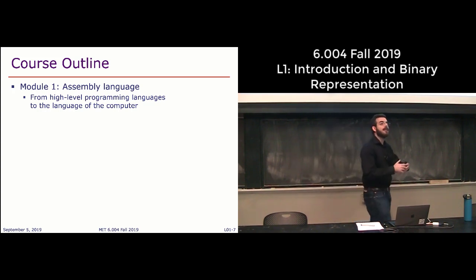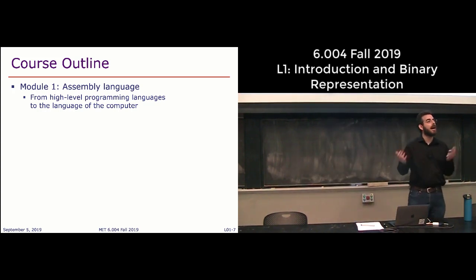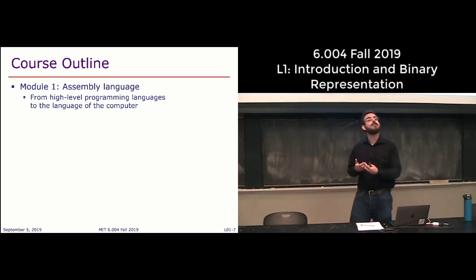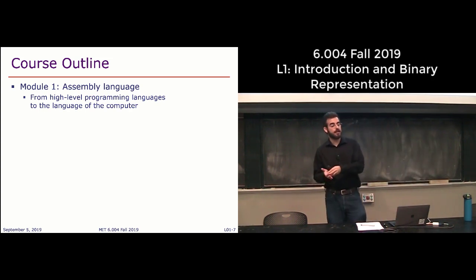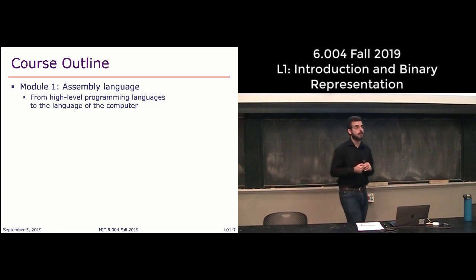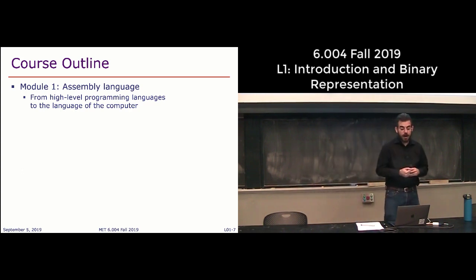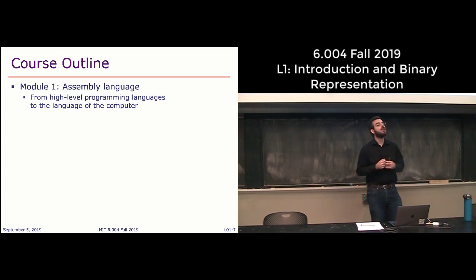And then all high-level languages, C, Java, Python, through different translation mechanisms, eventually are translated into a sequence of instructions and executed directly on hardware. And so we'll see how this process works